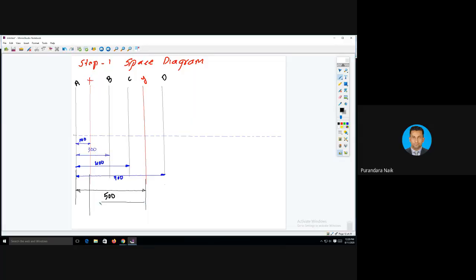See, this is 400, and this is a very lengthy problem, but this type of problem will be asked in the exam. This is 400, and Y to D is also given, it is 200. So everything will be solved as per the given data. So this is 200.